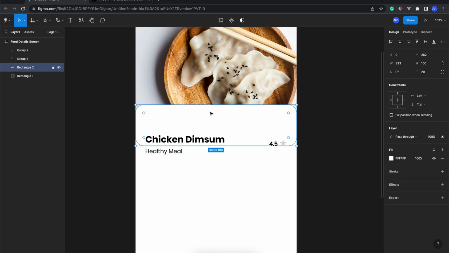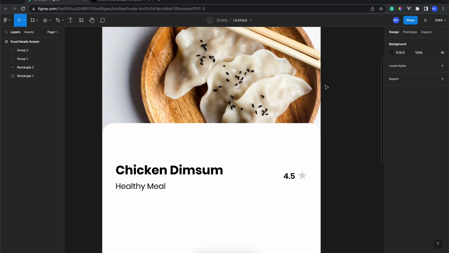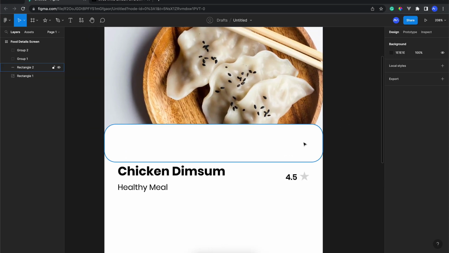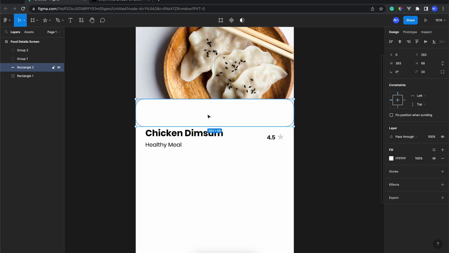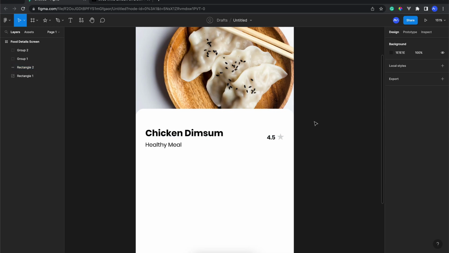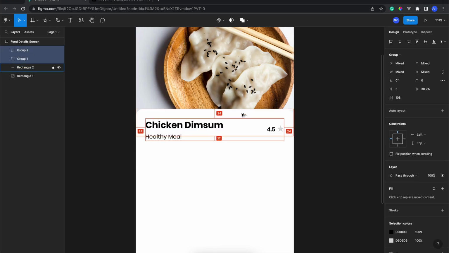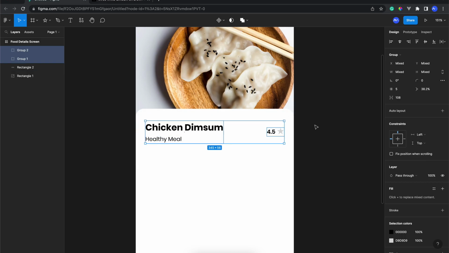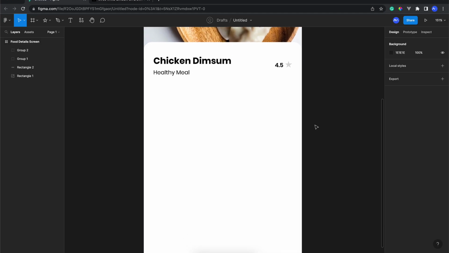So you will see this manipulation of the corner. As you can see right now, it has rounded corners on top. Okay, so yes, basically I'm just gonna put it here, and we can move this dim sum like 30 like this. Okay, amazing, right?